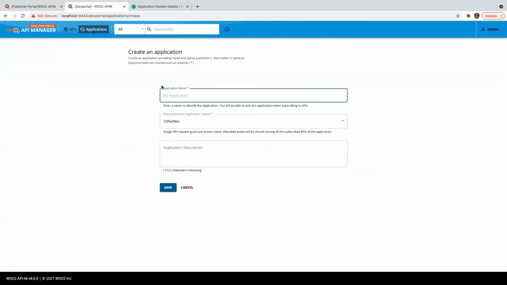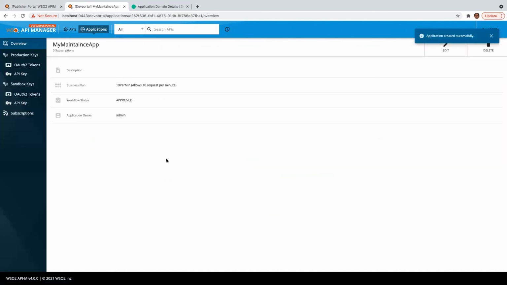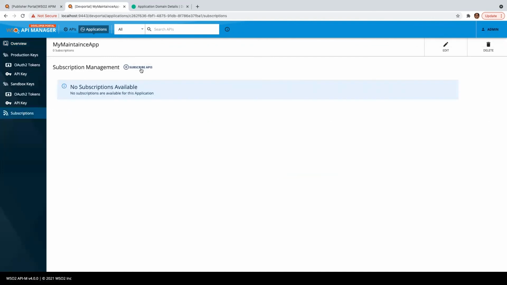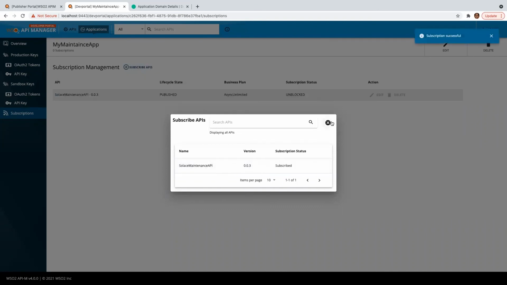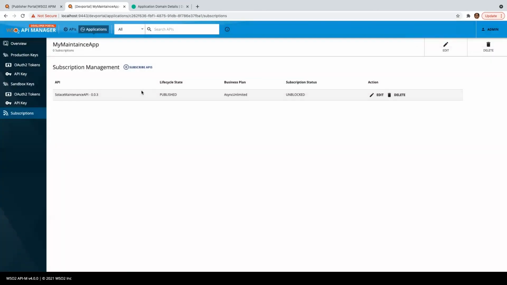I'll skip this information for the time being because we are running out of time. So here we can go and subscribe to an API. Here I'm subscribing to Solas maintenance API. Right.